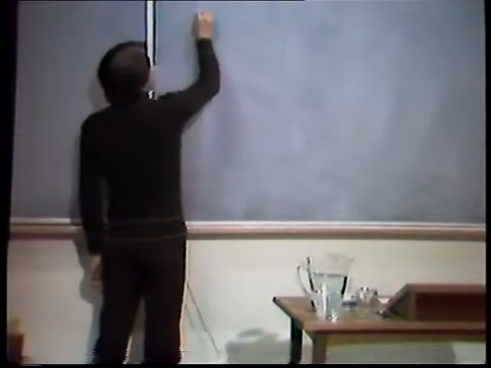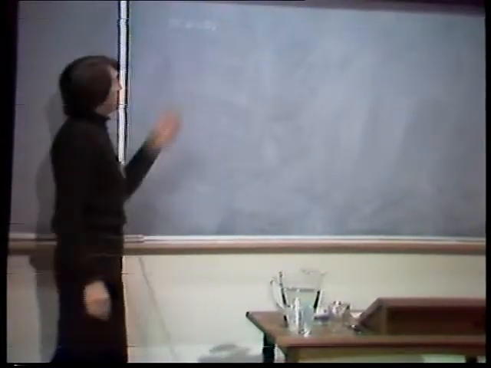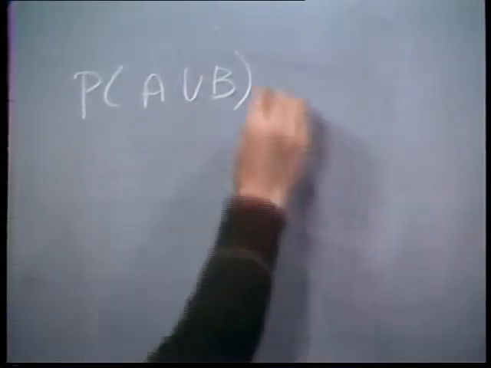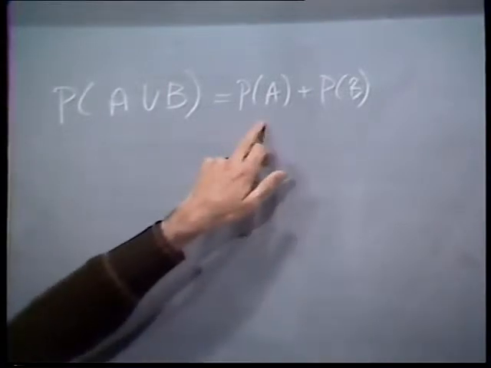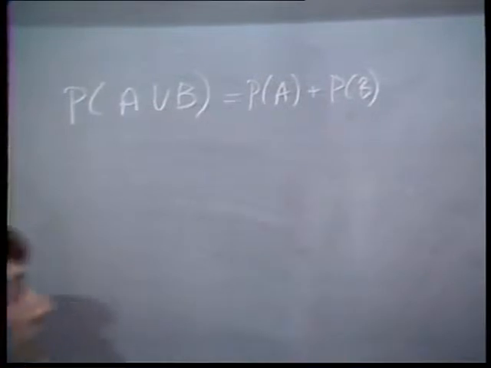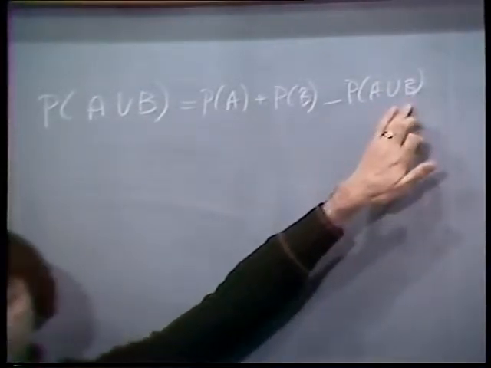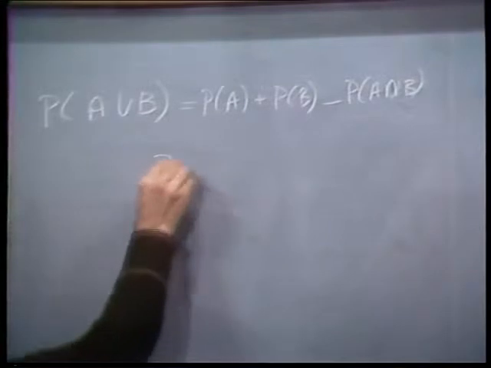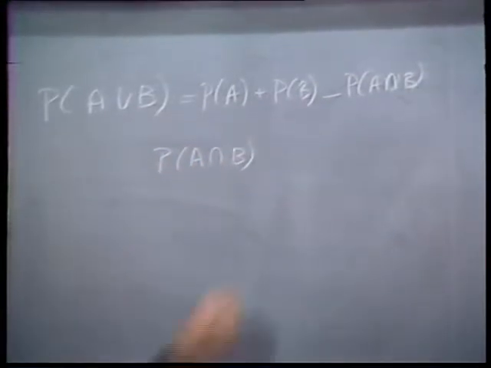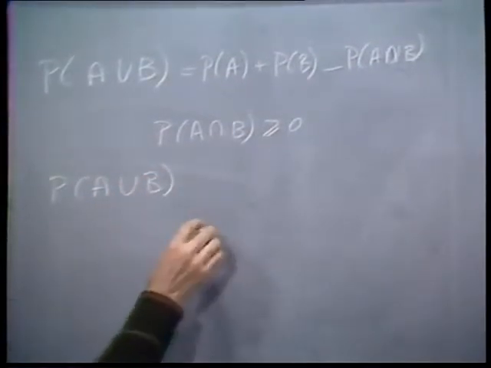The essential idea behind Bonferroni intervals is that if we consider the probability of the union of two event sets A and B, then we know from probability theory that that is equal to the probability of A, the marginal probability of the event A, plus the marginal probability of the event B, minus the probability of the joint event A and B, which should be written as the intersection of A and B. And because the probability of the joint event A and B is non-negative, we can have the inequality that the probability of A union B must be